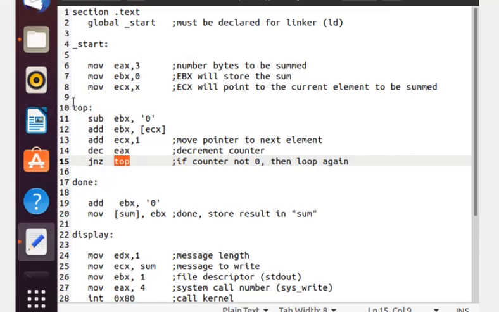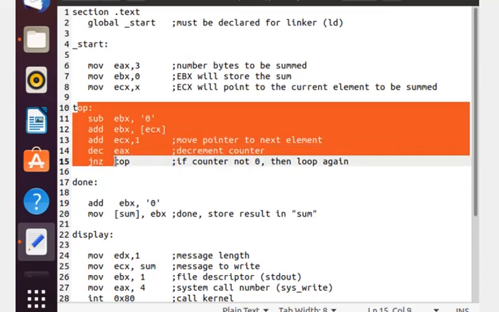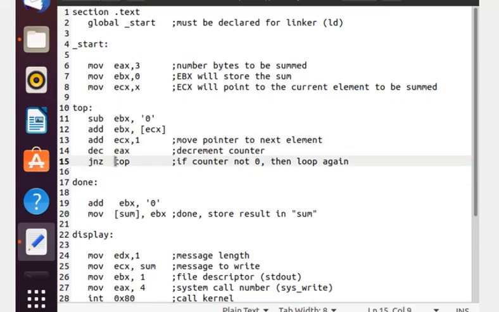Now the same iteration will be performed for the second item in your array. Again the ASCII value will be converted for your ECX content, then your current ECX content will be added to your current EBX content. After that we increment your ECX register so that it can move to the next item, which is the third item in your array.